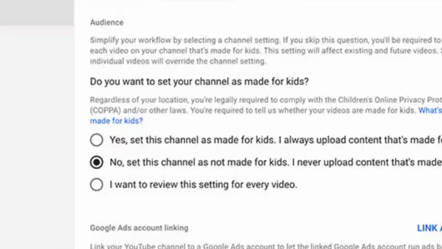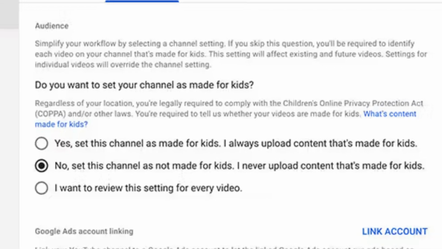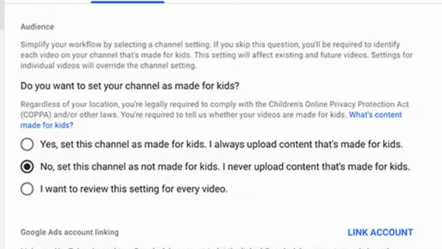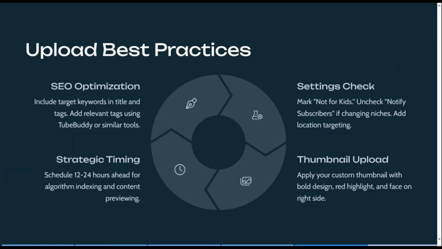And always remember to click not for kids. Check that, because sometimes people forget and just leave it. And once it's made for kids, you know that it won't be pushed. It will really be censored. So your videos are not for kids. Always check that. In fact, go to the advanced setting and make that a permanent feature, not for kids.